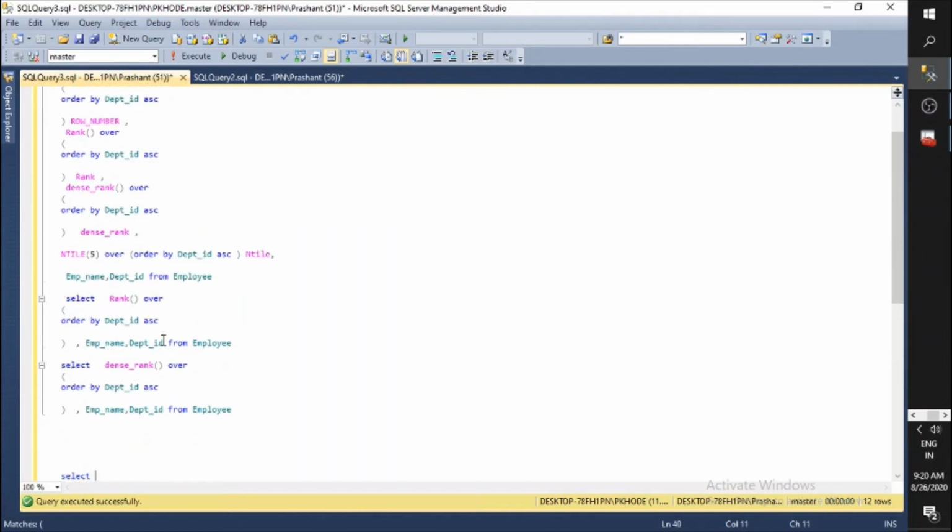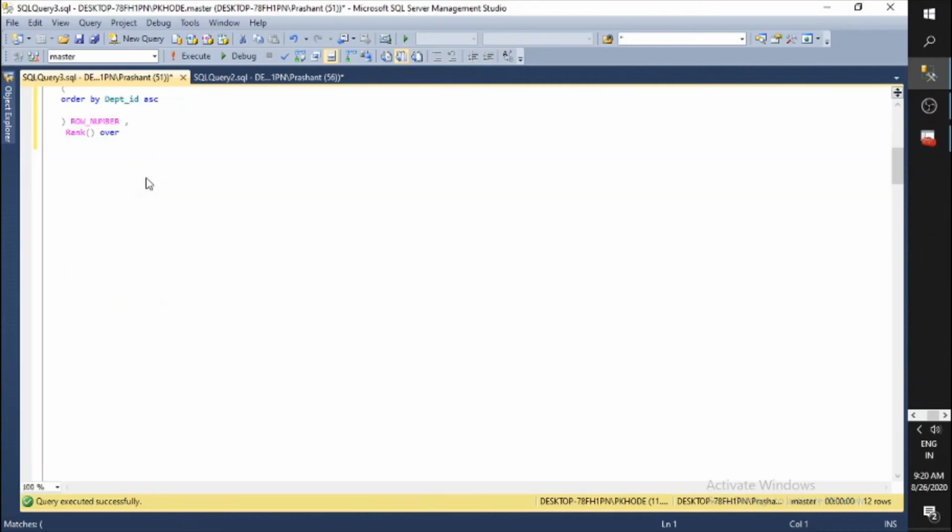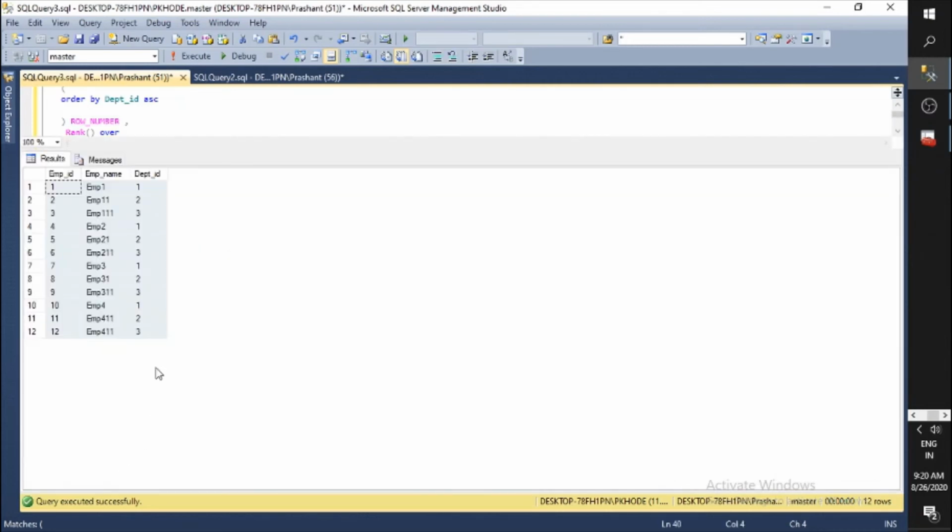Now we are going to understand a very interesting and very useful thing. Let's try to see the data again in the employee table. This is very important. Now we are going to discuss partition by. If you come here, I will see employee name, EMP name and department name. Here each department has 4 employees, right? So we are going to apply partition by. Now my requirement is I want to assign a unique rank